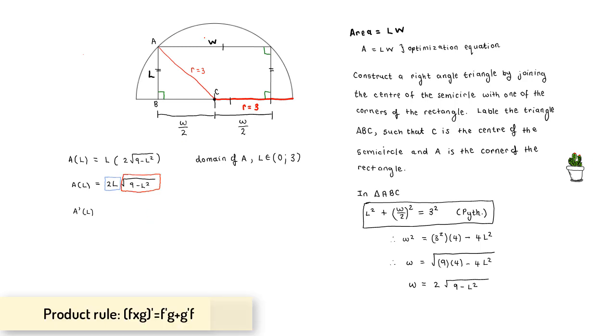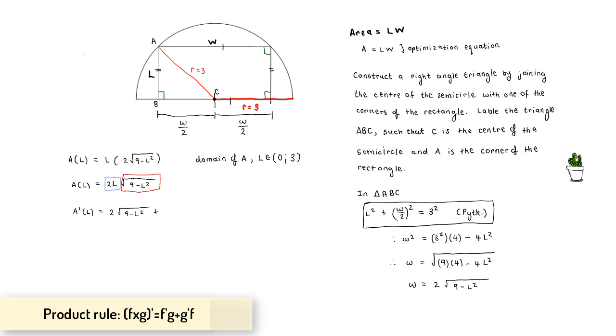Then applying the product rule, we can call f this function in blue, so f prime is going to be 2 times g, the second function left alone, so 9 minus L squared, and this is plus